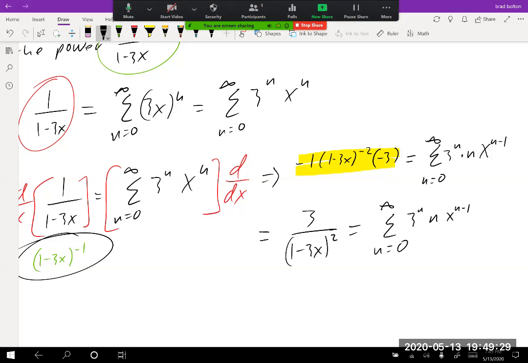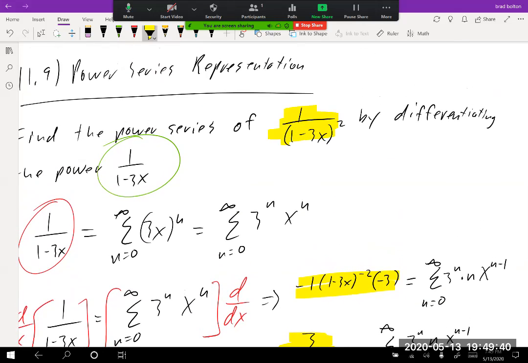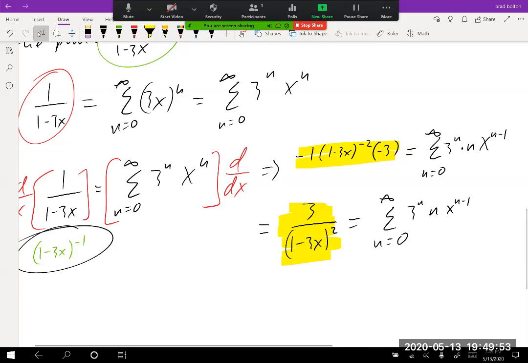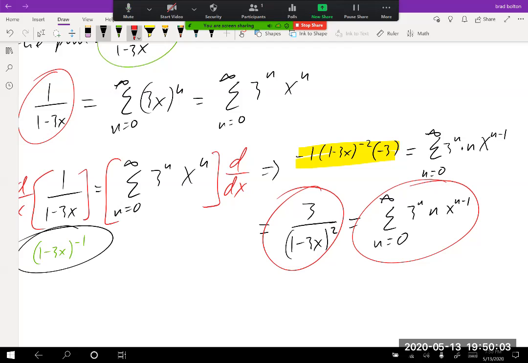So we now know this fact. We know that this is a true statement. Now, if you look back, look at this in comparison to the original problem that I wanted you to find. I wanted that exact 1 over 1 minus 3x quantity squared to be a series. Well, I'm almost there. I'm saying that this function is worth that series. So I'm almost there. So all I have to do is I have to say, well,